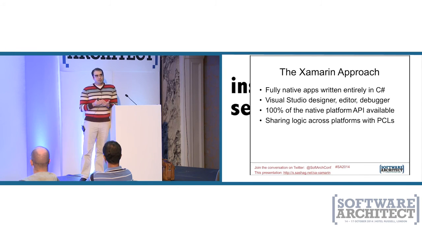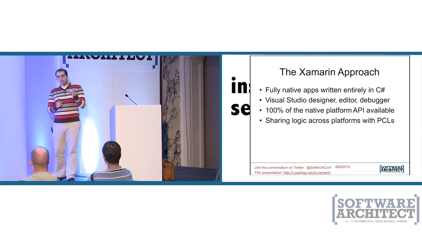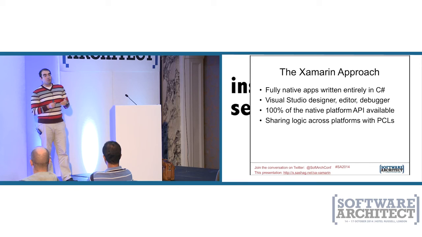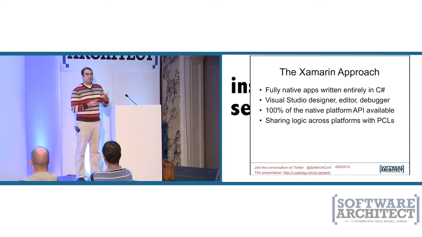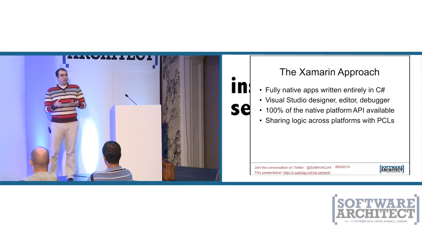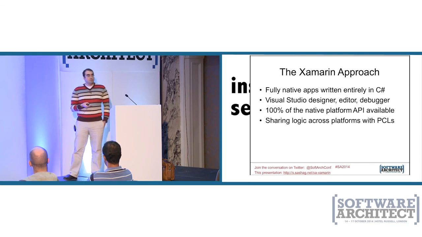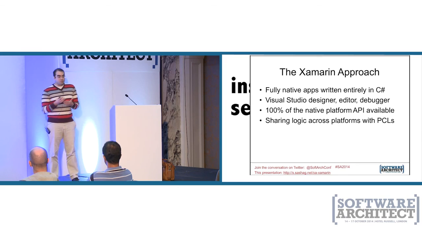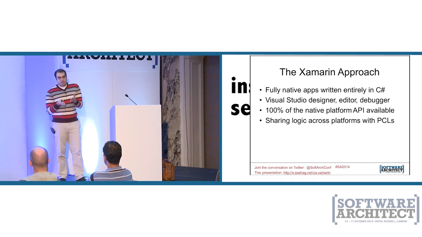And so far, Xamarin has pretty much lived up to the promise of delivering full API support the day a major version of iOS or Android was released. So as soon as iOS 8.0 was finally released, Xamarin also released the same day support for all the iOS 8 APIs. And this is something they've been doing pretty much for the last 3 years. And finally, you can share code, of course, across platforms, assuming you're building a cross-platform application, using shared code, using shared links to C# files, which I would probably discourage,